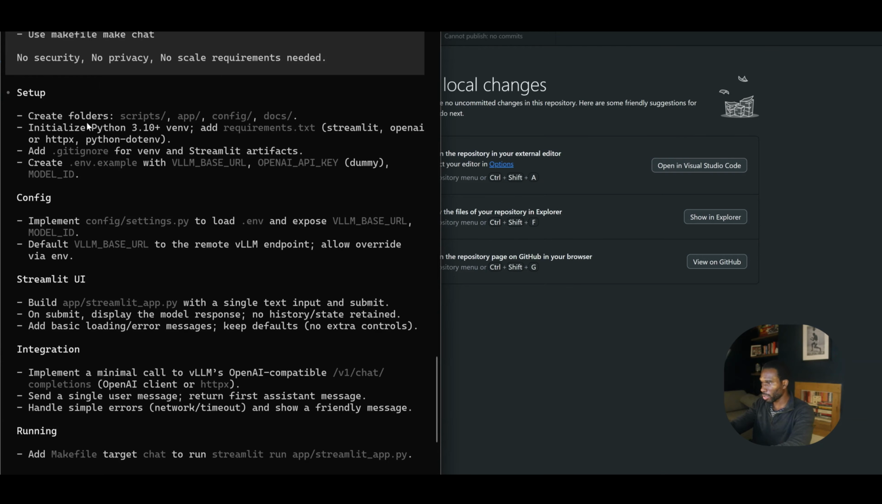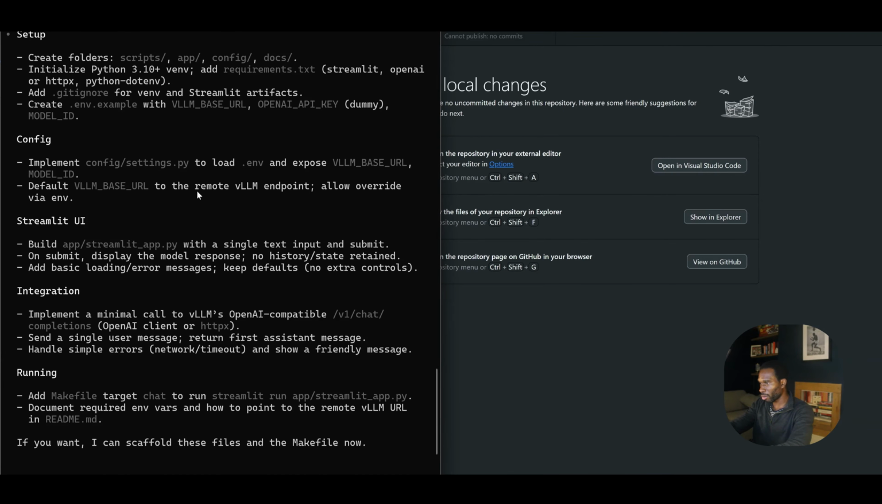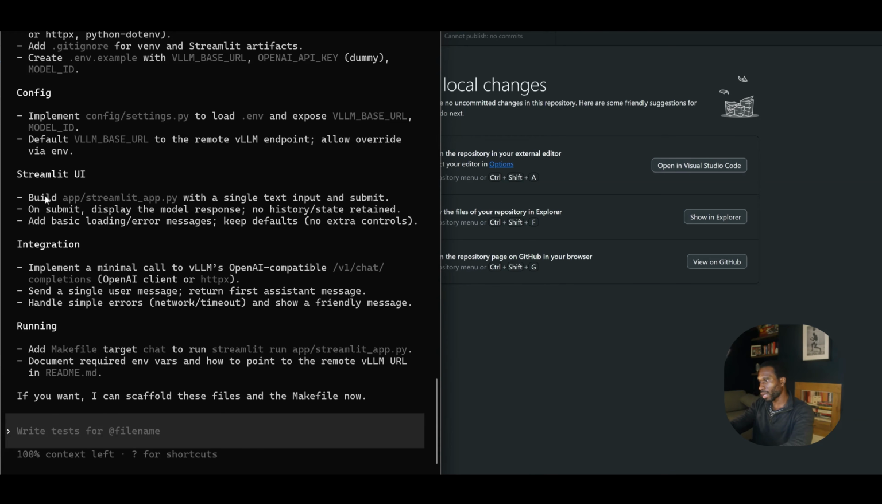So create folders, initialize Python 3.10, add .gitignore. Yeah, sounds about right. Implement to load. Yeah, that's all configuration stuff. Yeah, vLLM base URL. Fantastic. Streamlit UI. Yeah, on submit. Integration with a minimal call to vLLM's OpenAI compatible